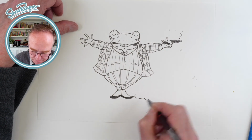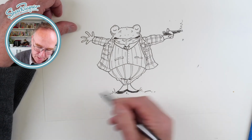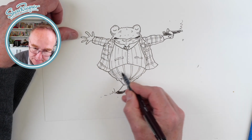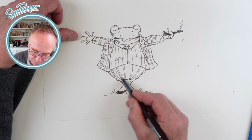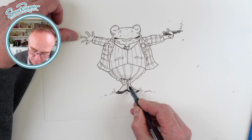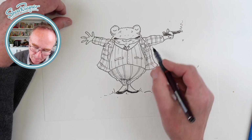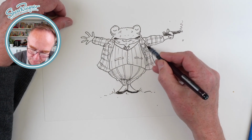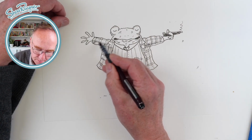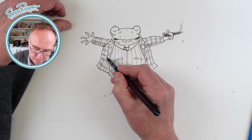We'll have him sort of standing on a little podium, I suppose, something like that. And I'm just going to add a little bit of shading underneath here and there, and on the spats on there a bit. I think we can add a bit of shading across there. I'm not going to overdo this shading, and I'm going to try not to anyway. And maybe just a little bit